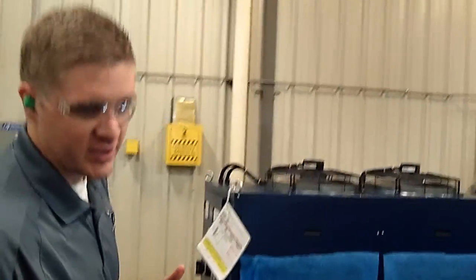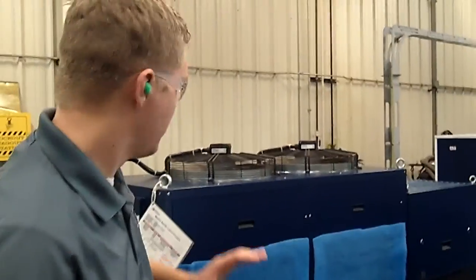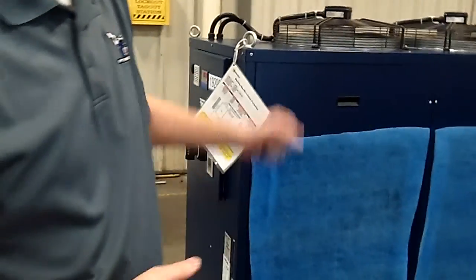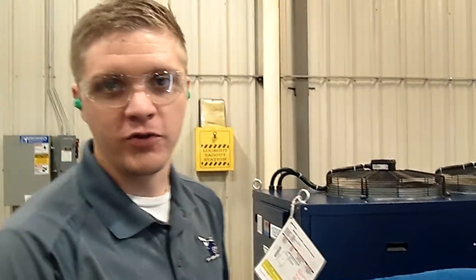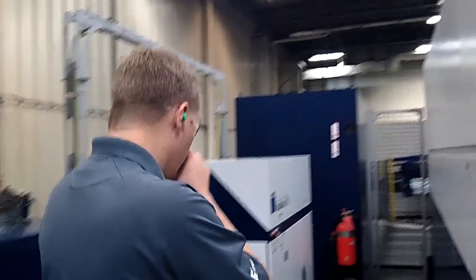Here's another example of a deliverable. To really expedite our PM procedures, we'll put our filter media on the outside of our chiller units. That way we can just rip it off and put the new filters on very quickly, kind of like a pit crew wants to do things as fast as possible. Good. Another example,